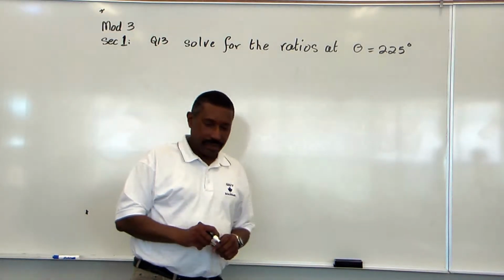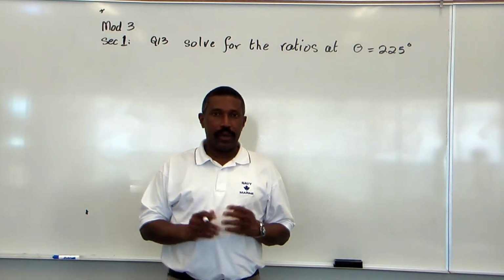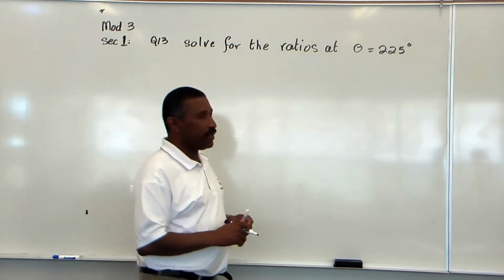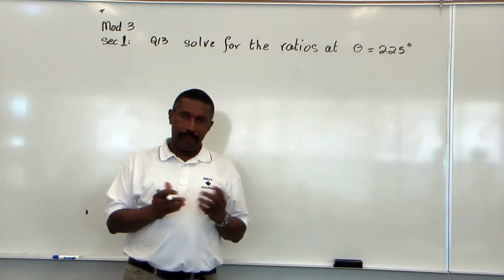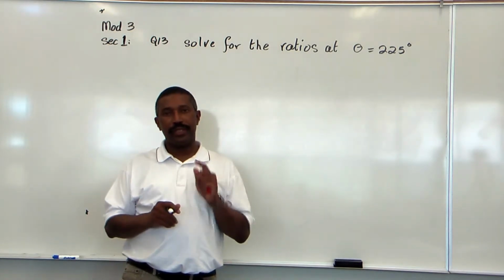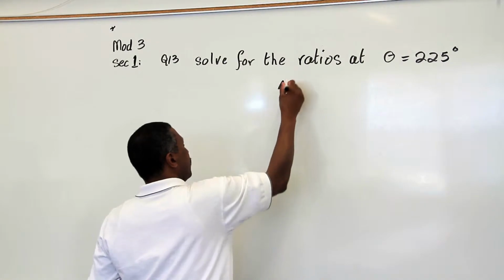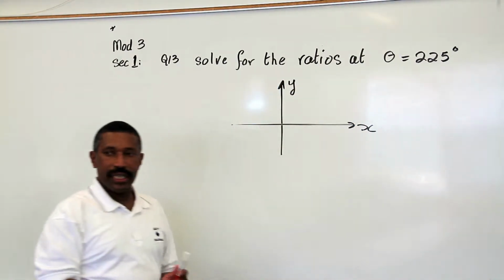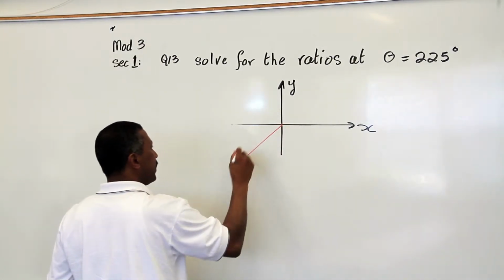In this section of our notes, we're looking to solve for angles in a quadrant. So this particular question, for theta of 225 degrees, which quadrant would that be located in? Everyone should know by now that would be quadrant 3. So we set it up. There's our y, and there's our x-axis. And we know that the location for 225 would be exactly here,